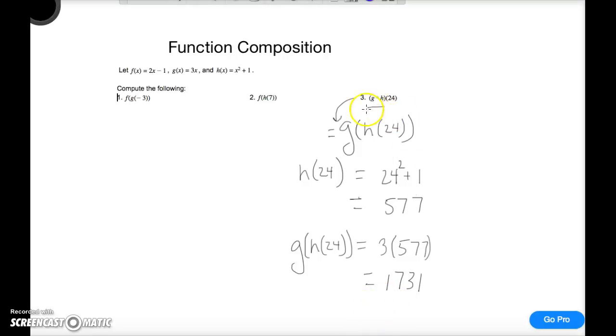So just note the different notation up here, but it means the same things as we see here. So if you're taking like an ACT or something, you might see the different notation, but it all means the same thing. And remember to find the inner function value first and then plug it into the outer